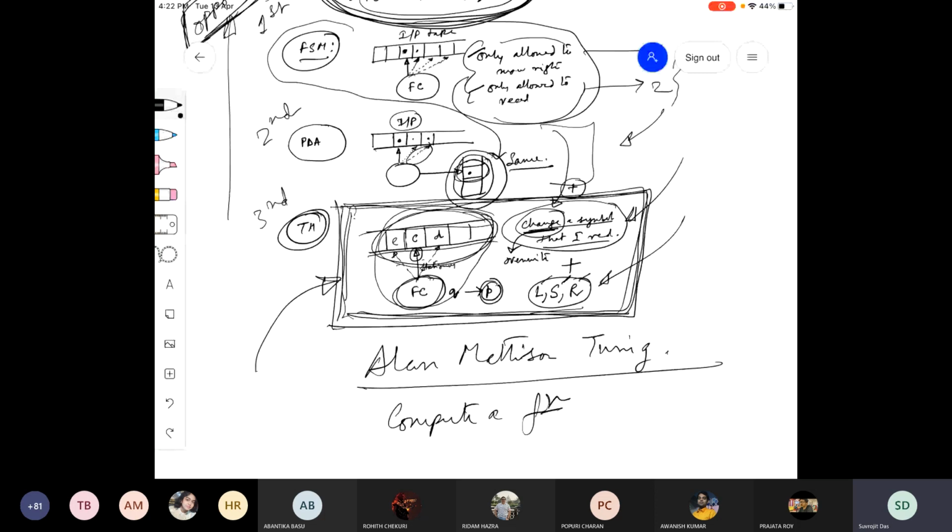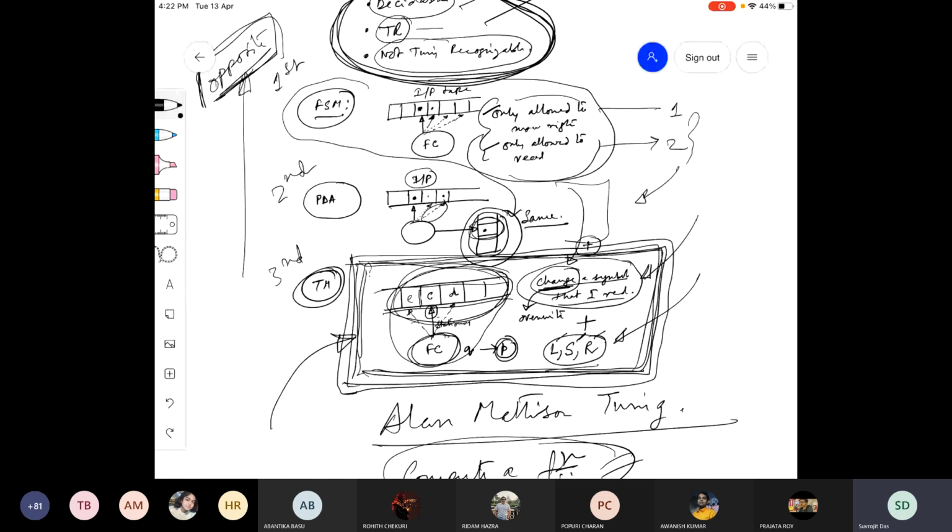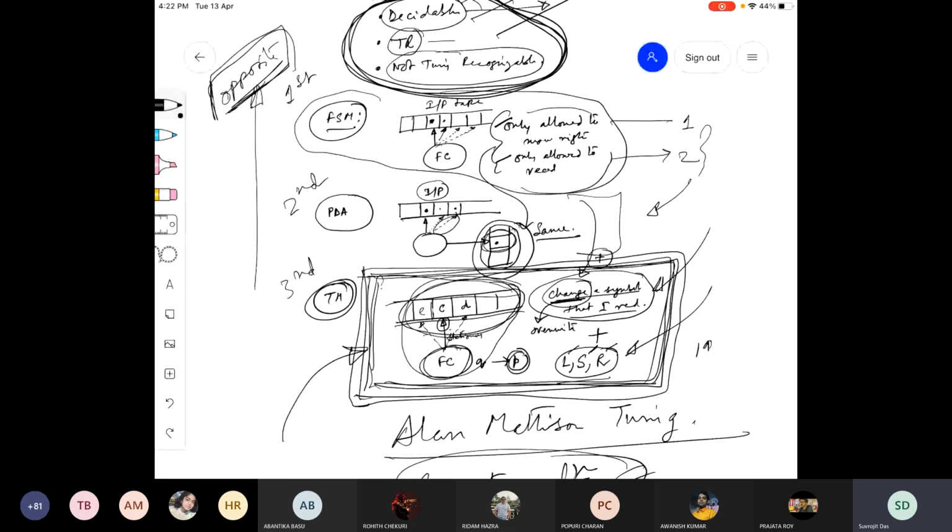So apart from deciding on languages, it can compute functions, right? And that was the first accepted model of computation in the community of computer science, 1930s, 1939 or sometime. And then people went on to find problems. For example, people tried to find out